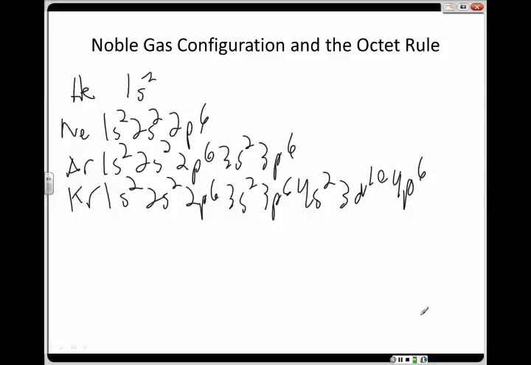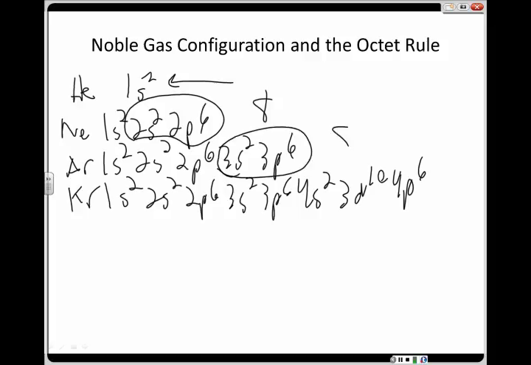So what is the same about all of them? There are a few things we can note. One is the number of valence electrons, but that kind of omits helium. I'll come back to helium in a minute, but the number of valence electrons is pretty critical here. If we look at neon, here's the valence shell. There are 8 valence electrons. Argon, here's the valence shell, shell number 3, 8 valence electrons. Krypton, shell number 4, ignoring the 3ds, 8 valence electrons. So they have 8 valence electrons, and that's what is noteworthy about them.